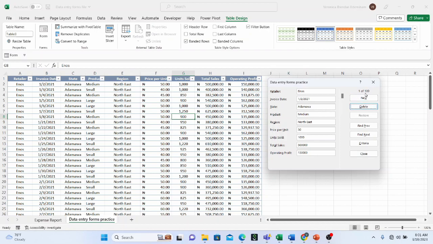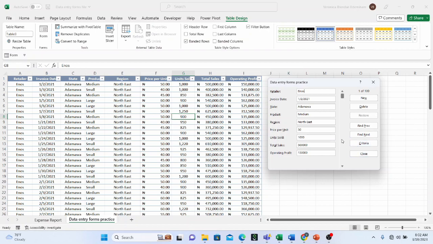And here we have 1 of 100. And Excel prompted you to say it's deleted automatically. So we're not expecting to find that information anywhere. This is why you need to be careful before you delete. So I have this, and like I said, I can scroll down right here to see different rows of information. And of course, you can edit any of the information right here, and you hit the enter button